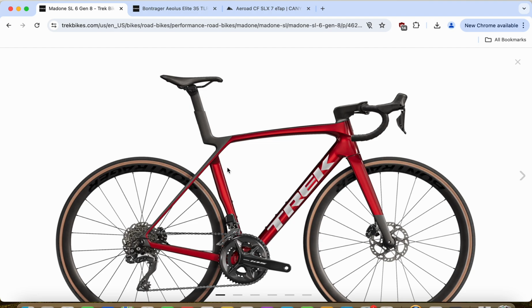And of course, don't forget that with Trek you will get their lifetime warranty on the carbon fiber frame and the fork, while with the Canyon it's a 6 years warranty. So after all this kind of long waffle, what is my advice to you? Should you just go ahead and buy this bike, or should you just consider it? Well, I believe that if you are in the market for the aero road bike, aerodynamically optimized road bike, you should definitely shortlist this Trek Madone SL6 in the 8th generation of this bike,